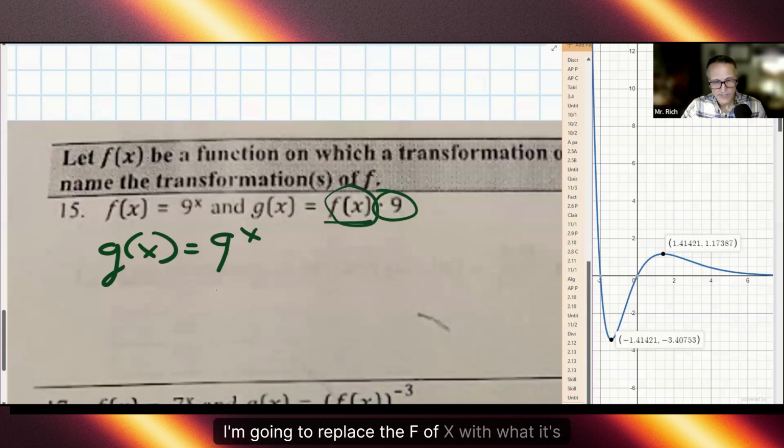I'm going to replace the f of x with what it's equal to, 9 to the x, times 9. And that means that I could write